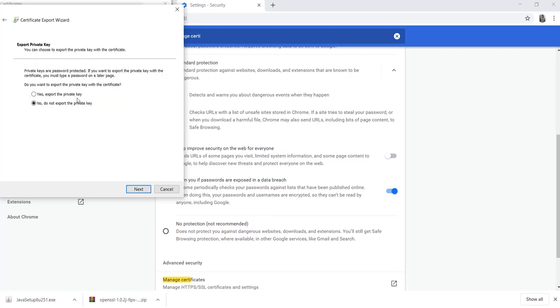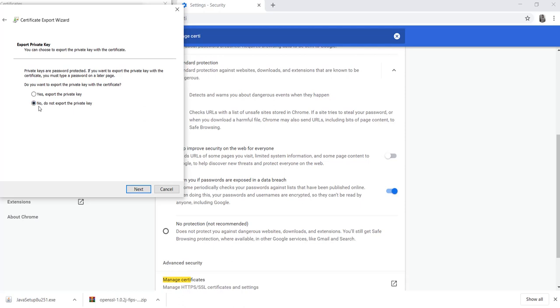If you want to export the private key as well, because this is a P12 file from which you are exporting your certificate. If you just want to export a certificate only, we shall not export the private key. So we'll not check the first option.